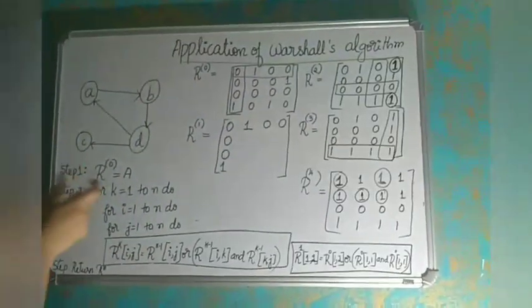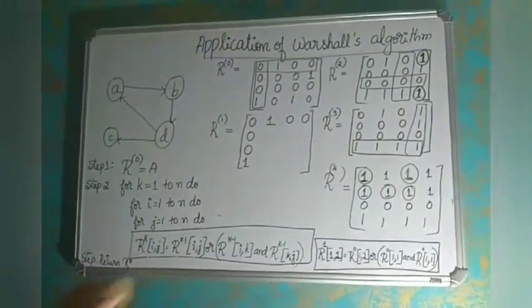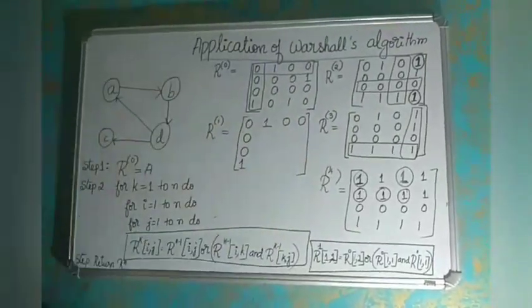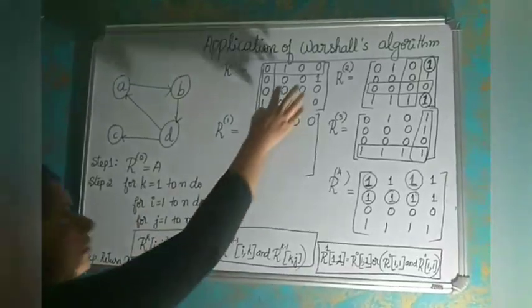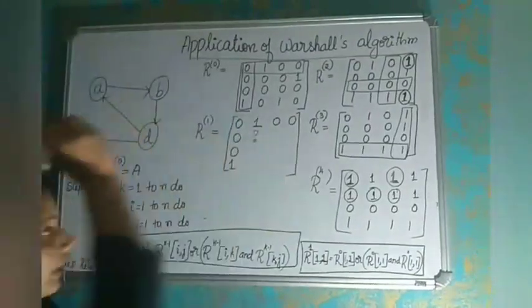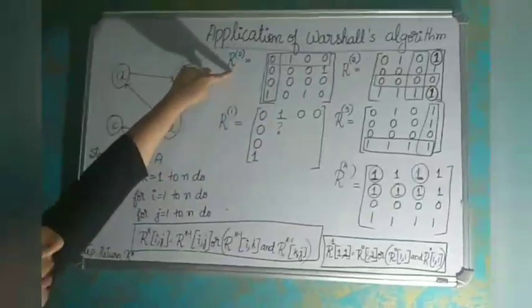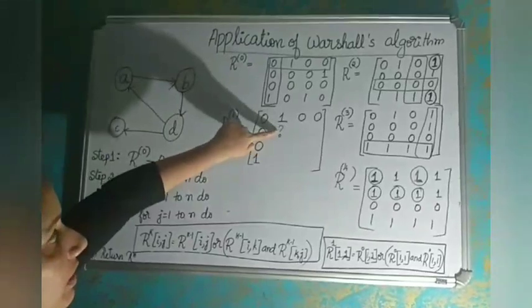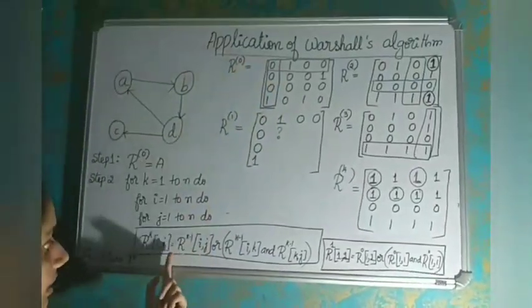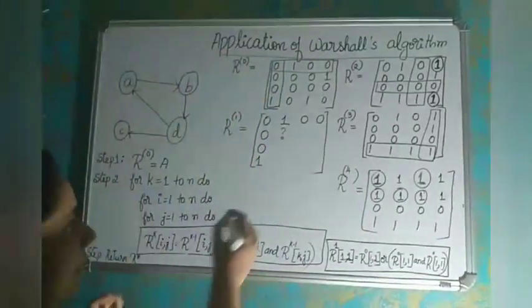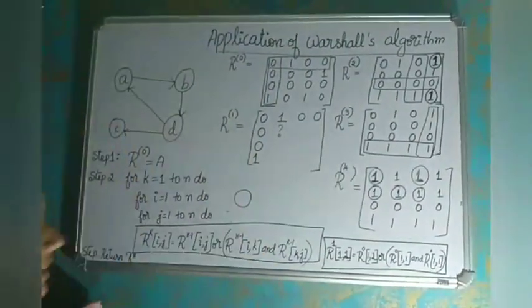So using those elements which are inside the box, we are finding the remaining elements which should come here in R1. Now how to find what should come here? You have to use the previous result. The previous result is there in R0. So in the same position, what is there in the previous result? That is R0 of i comma j, which is nothing but the same element 0. So I will write 0 as it is.